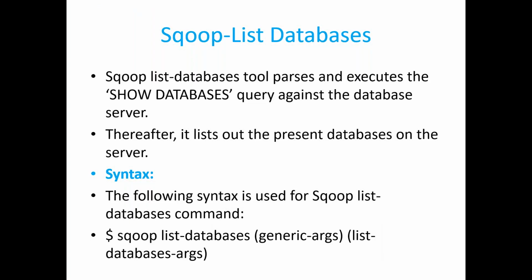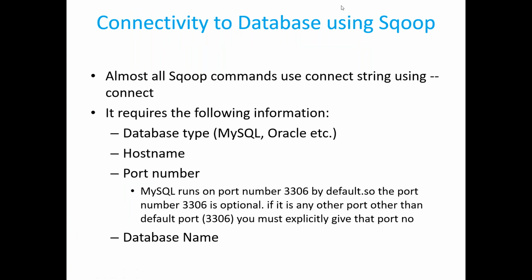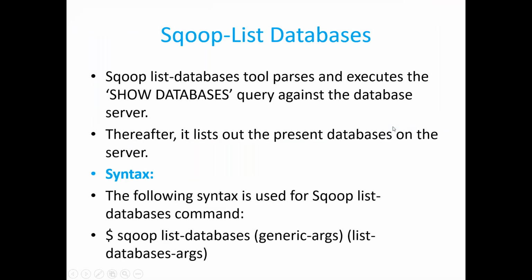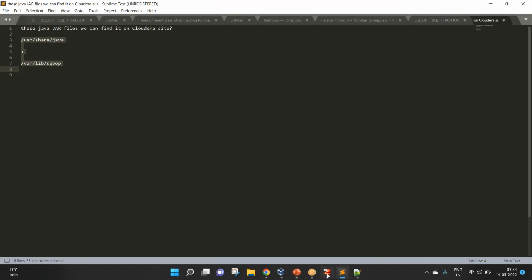So we have seen list databases, right? And we spoke about --connect. In connect, we are mentioning the database we are trying to connect to, the host name on which the MySQL database is running, and we are also giving the port number. So we are trying to do the list databases. But one thing I wanted to observe from the logs is